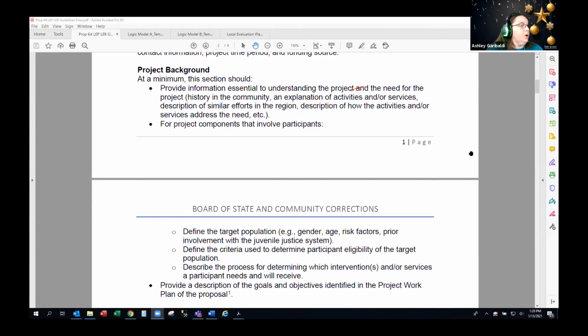So, project components that involve participants. You'll notice as I go through that we try to delineate, recognizing there are lots of different types of projects here. There are ones that have required participants, where they're coming in from a program and we're providing immediate services to them. Then there are participants, as in youth who perhaps are going out to their classroom and educating them. They're not necessarily required, and you're not tracking them long term. And then there are retailer participants for education purposes.